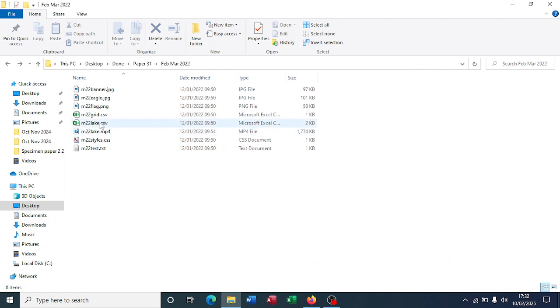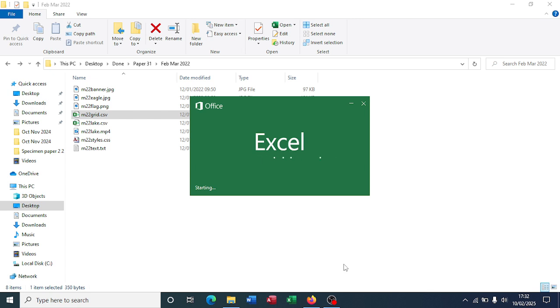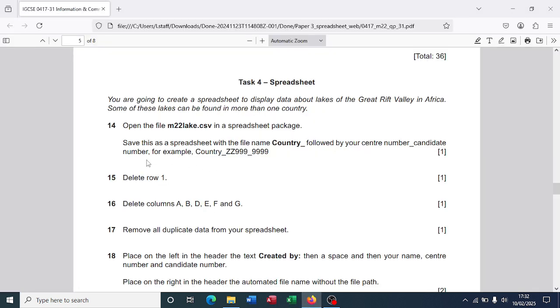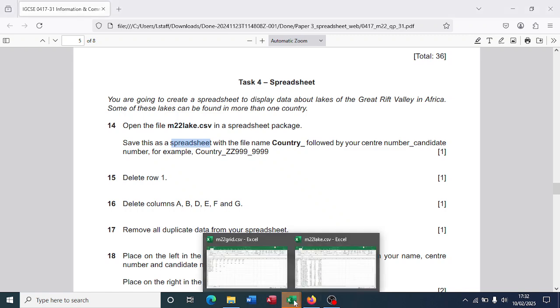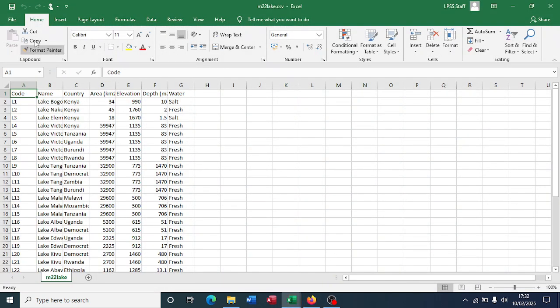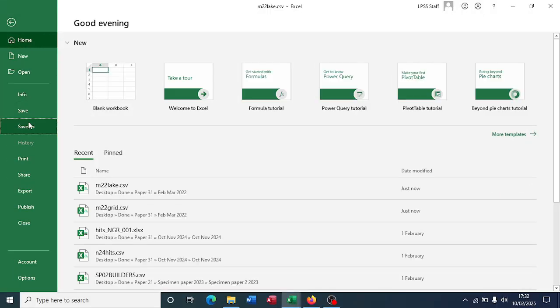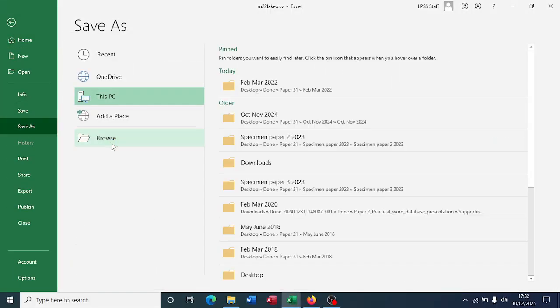So I have my files downloaded here, lake.csv. I know at one point or the other we will need to open the grid file as well, so we might as well open both of them at once. While that is loading, we save it in the format of a spreadsheet. So this is lake and we save as a spreadsheet with the name country